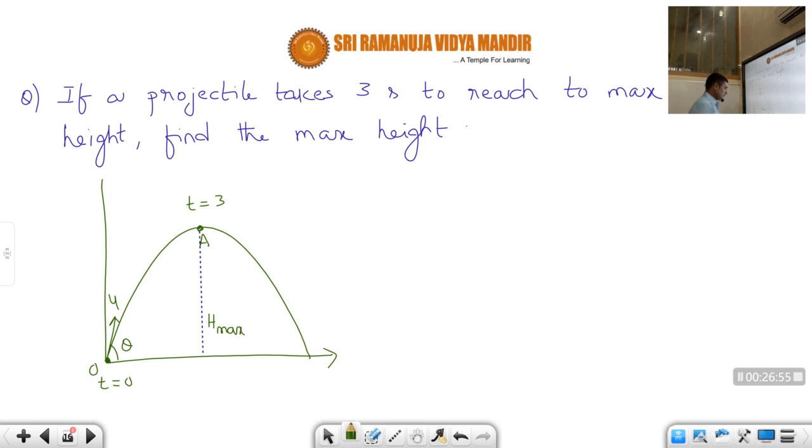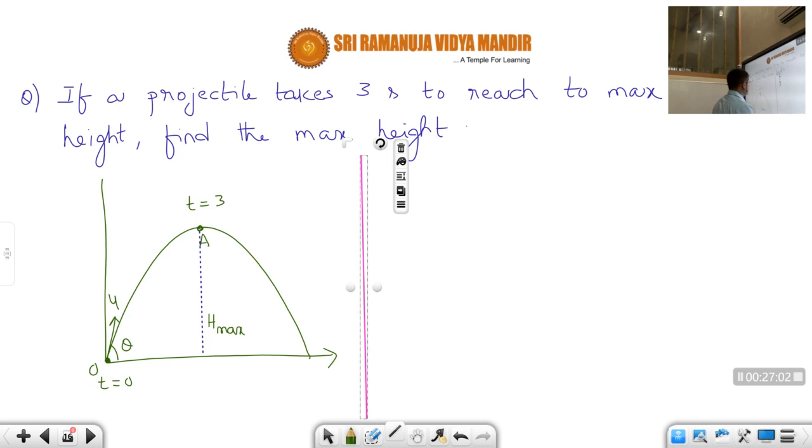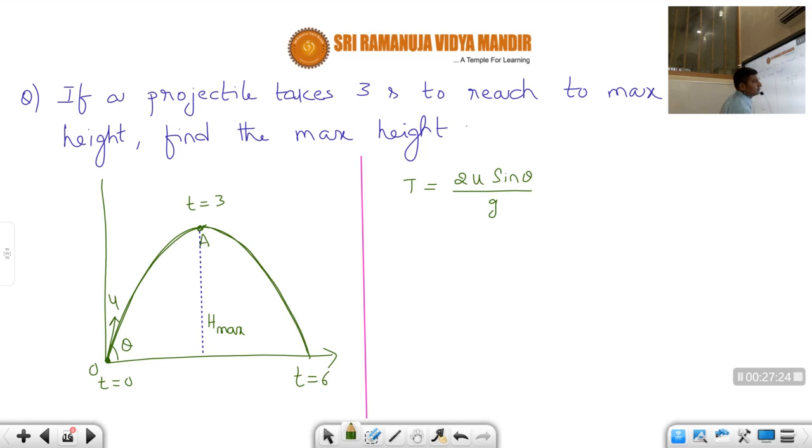So now here what we can do is, we know the formulas, correct or not, students? What are the formulas? Because time is mentioned, I am writing time of flight. Time is equal to 2u sine theta by g, correct or not? Here also the same thing. This is called time of ascent, and this is called time of descent. So by the time it reaches the ground, the time will be 6 seconds. Just remember that one. Okay, students, this is motion under gravity. So that means total time of flight is 6 seconds.